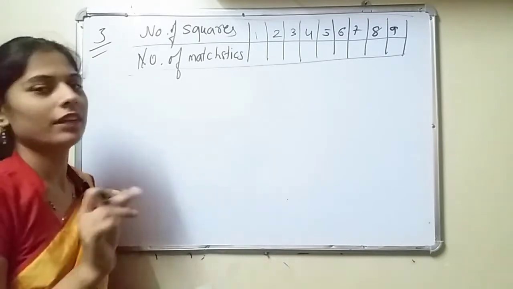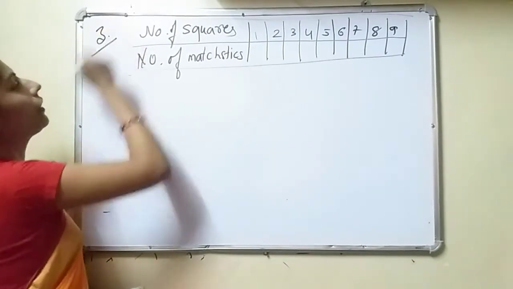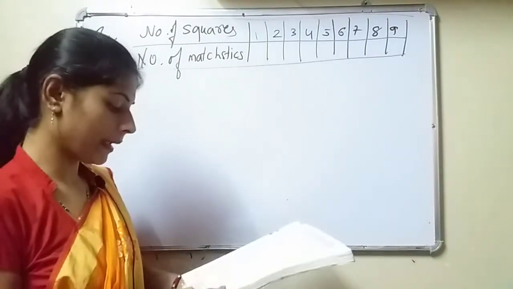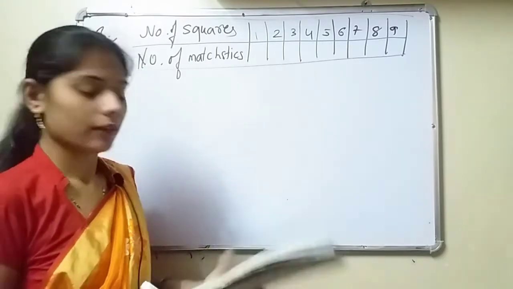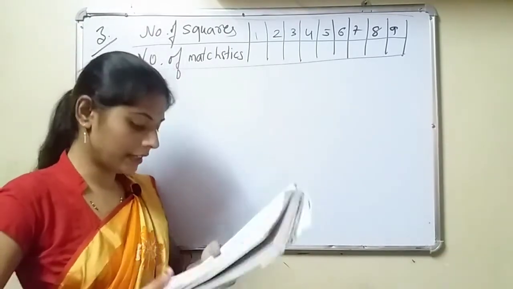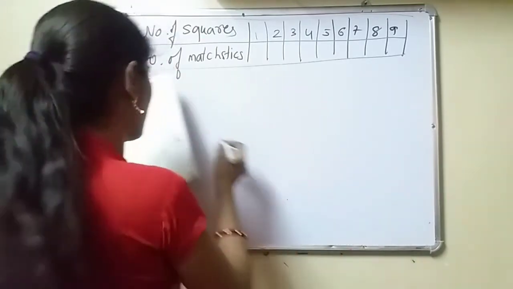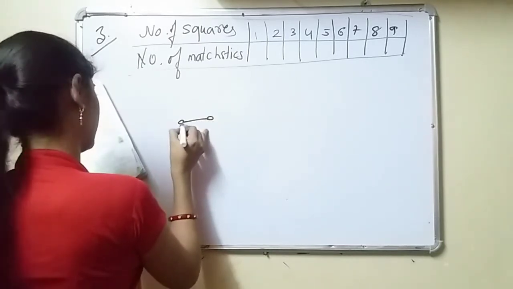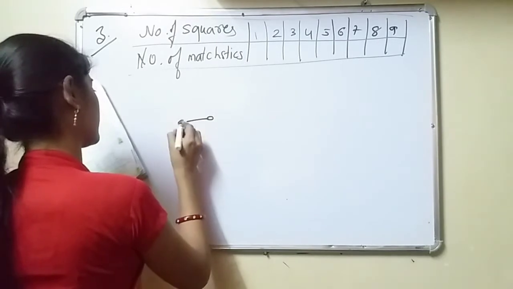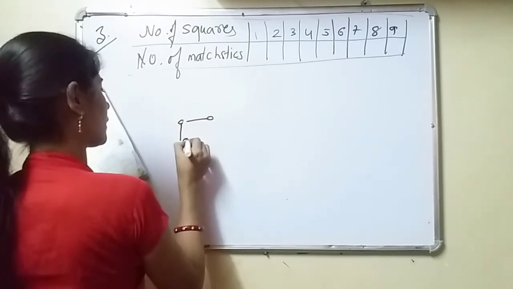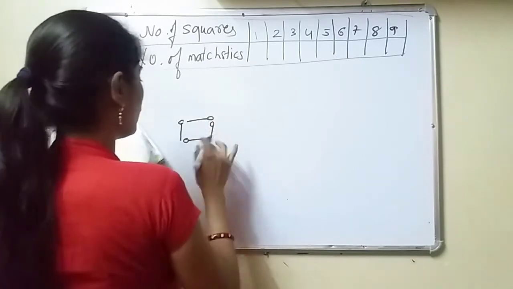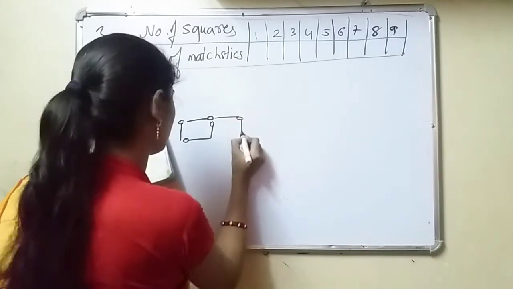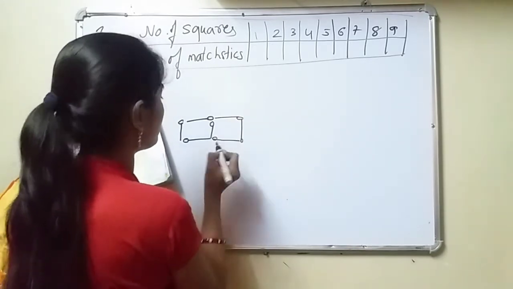Sorry, before that, which question have we solved? That is the third one. Okay, now see, we will solve the second question. In the second question, see what is given here. In one square there are 4 matchsticks, but in the second square what they have made, wait. Okay, like this one square is given, then this is your second square.